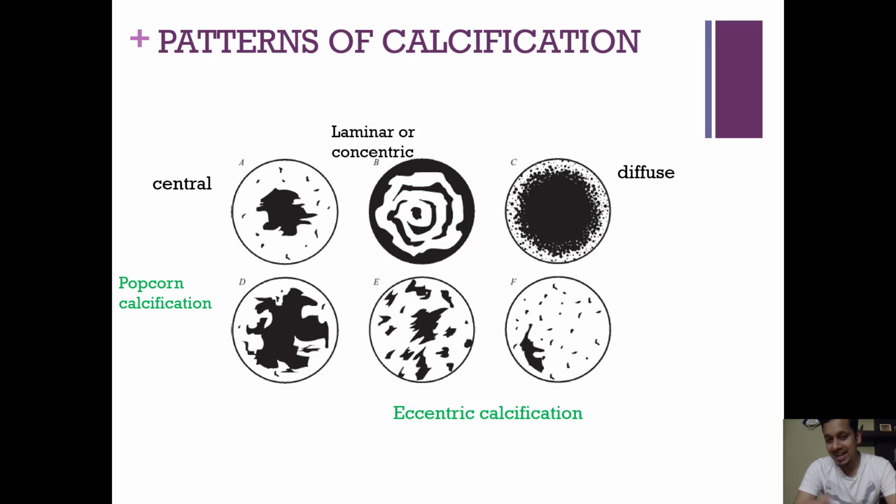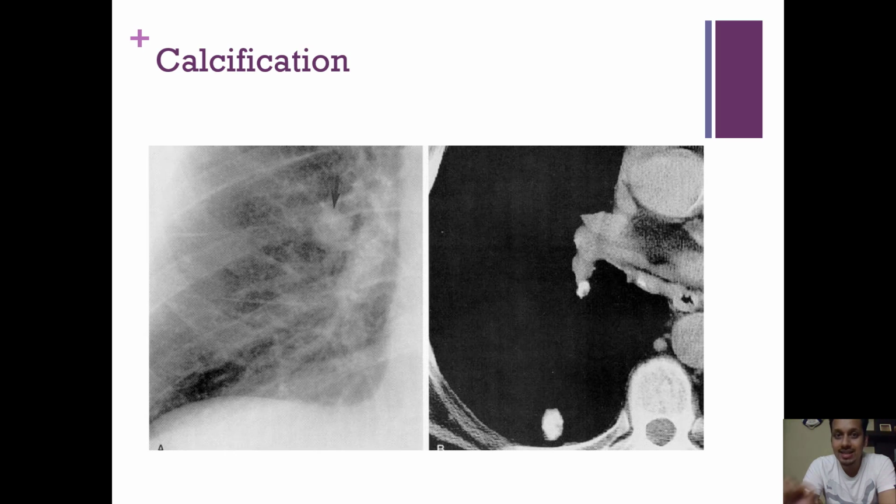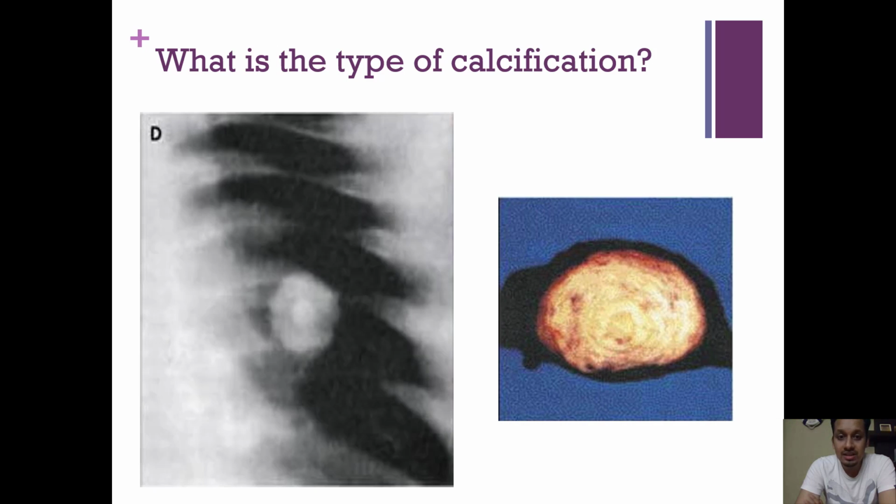Now, what are the patterns of calcification which make a lesion benign, and which make it more likely to be malignant? Mostly eccentric calcifications are highly suggestive of malignancy. Patients who have an old treated pulmonary tuberculosis usually have diffuse calcification over that lesion. So in this case, you can see that the calcification is diffuse and it is more likely to be a benign lesion. Here you can see target-like or bullseye calcification. This also is more likely to be a benign lesion,